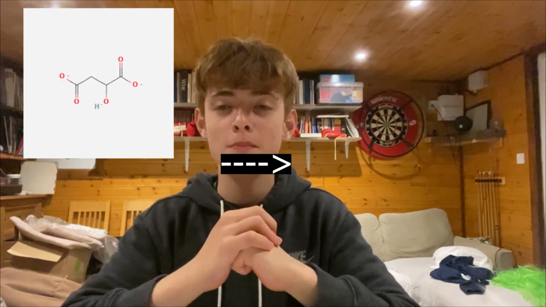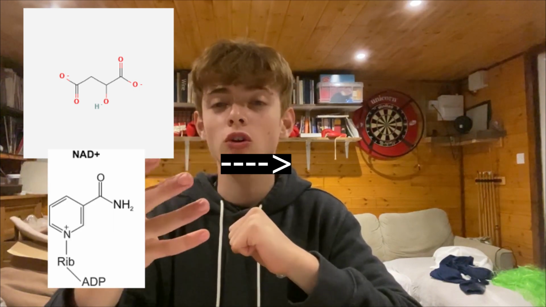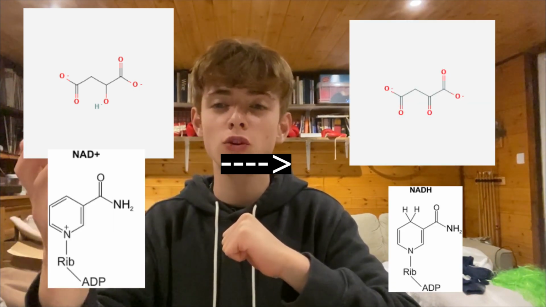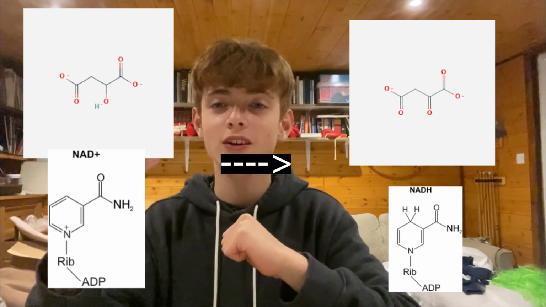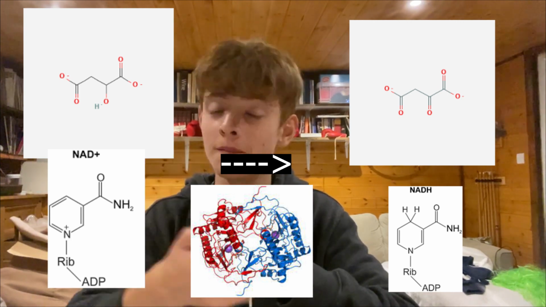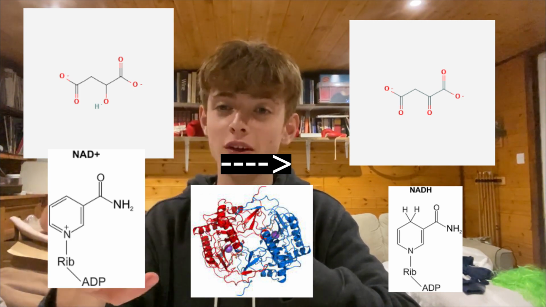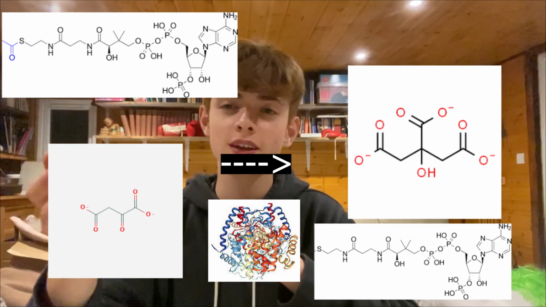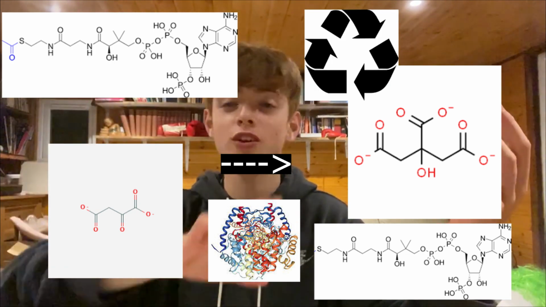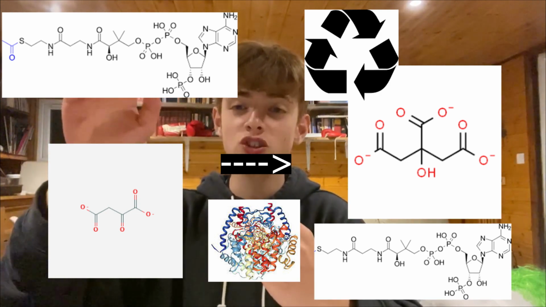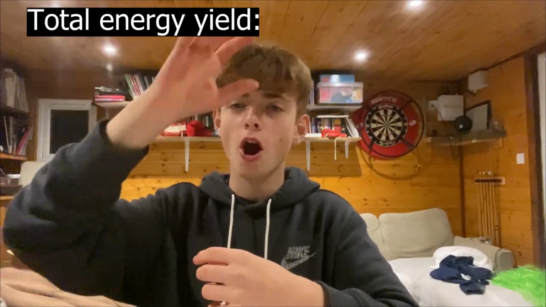And the eighth step inside of the Krebs cycle is you take that malate, you add it to an NAD molecule, that will end up turning into oxaloacetate plus an NADH molecule, and this reaction is catalyzed by the enzyme malate dehydrogenase. And that's it. You have oxaloacetate. Oxaloacetate plus acetyl-CoA equals citrate, using the enzyme citrate synthase, and boom, the cycle will continue and repeat, continue to produce energy-yielding molecules, and the total energy yield of the Krebs cycle, I will include the energy